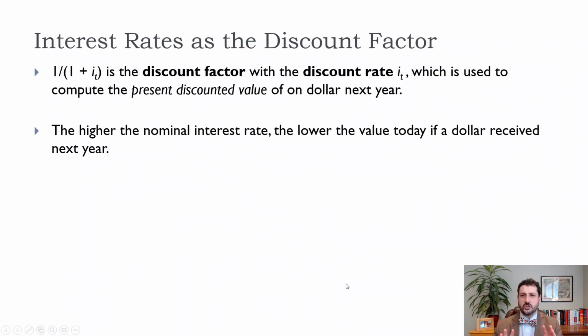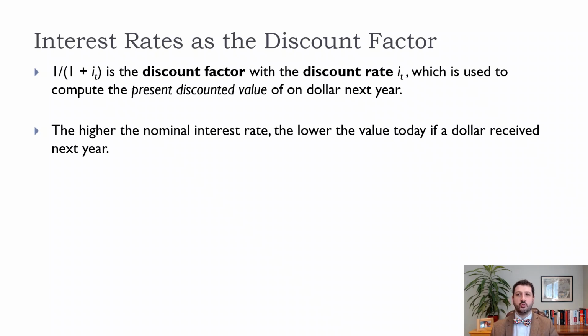So the question is, all right, well, what do we use as the discount factor? And actually, there's no one right answer in terms of what we would use. We're going to use the interest rate. We're going to call it i_t, the discount rate. But that might not be true, right? It might actually be higher than the interest rate, especially for someone who is very focused on the present, right? So if they have a present bias, and based on psychological research, almost all human beings do have a present bias, then it might be higher than the interest rate.